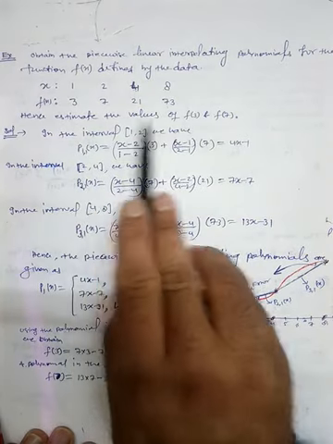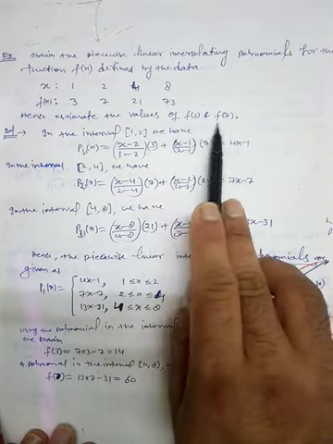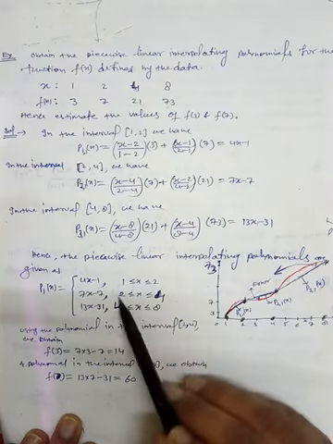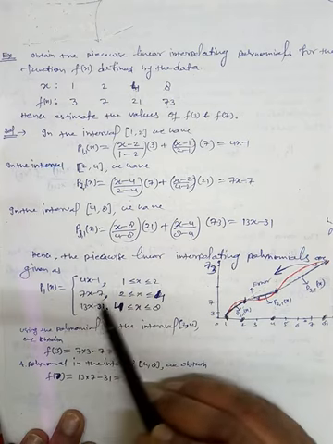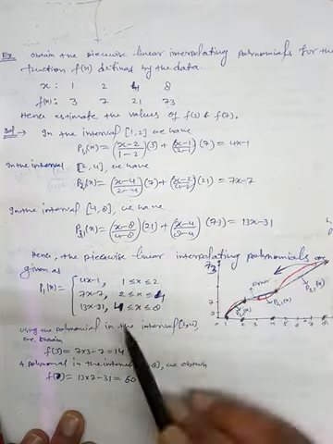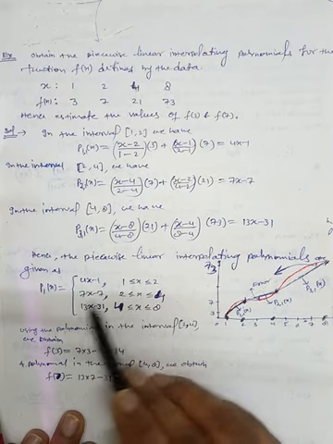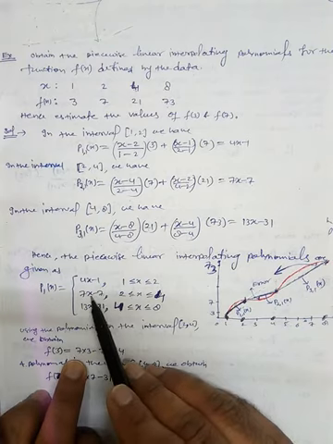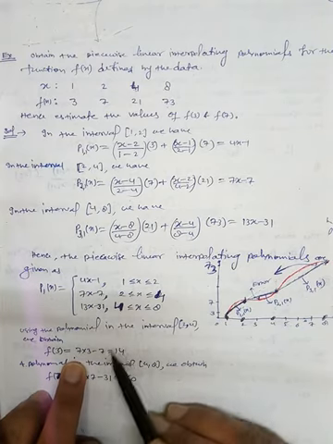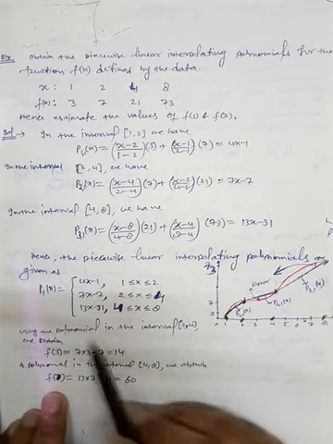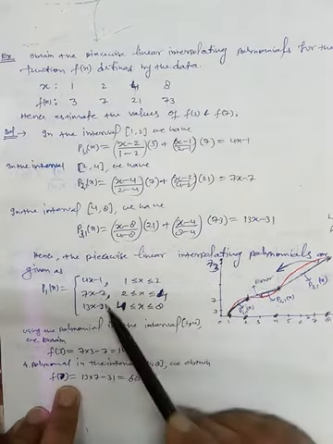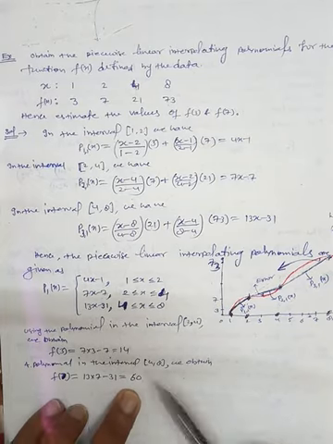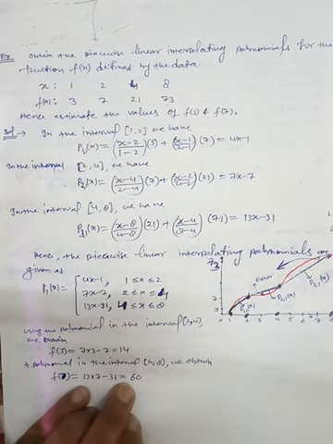Now hence estimate the value of the function f(3) and f(7). So for f(3), 3 is in this range, so you can use this polynomial. Similarly for f(7), 7 is in this range, so you can use this polynomial. So f(3) means 7 into 3 minus 7, which is 14. Similarly f(7) is estimated from this, 13 into 7 minus 31 is 60. So these are the values. Okay, so this is the procedure.